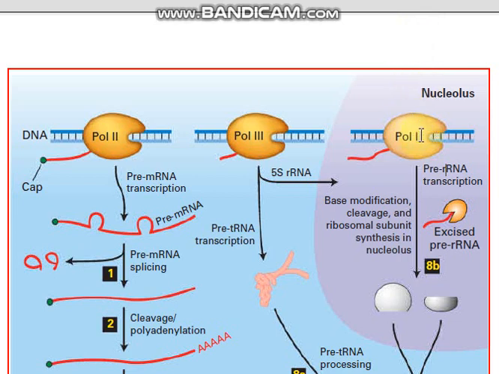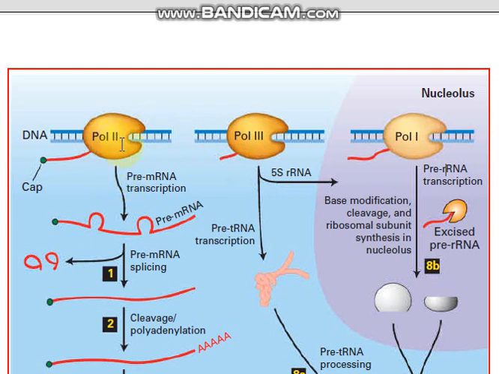Here you can see all the types of RNA polymerases as we have discussed earlier. Polymerase 1, polymerase 2 and polymerase 3. Polymerase 1 works inside the nucleolus for the production of ribosomal RNA. Here polymerase 3 also helps in the production of this ribosomal RNA along with polymerase 1. But the main function of polymerase 3 is to produce tRNA. Then polymerase 2 produces mRNA.